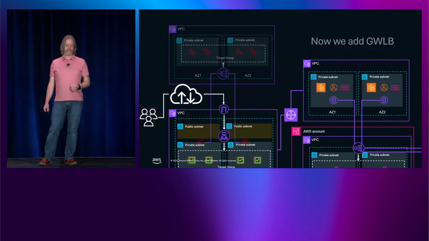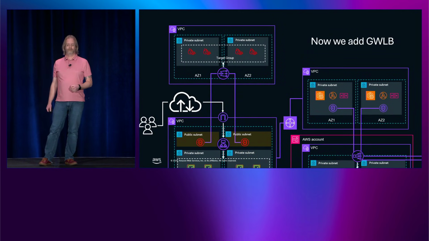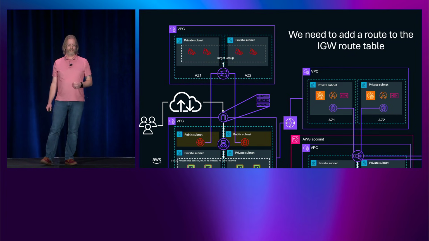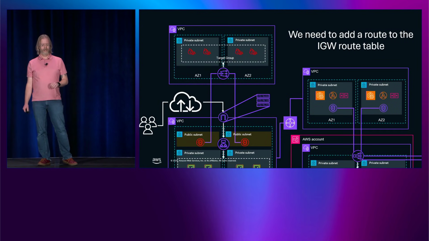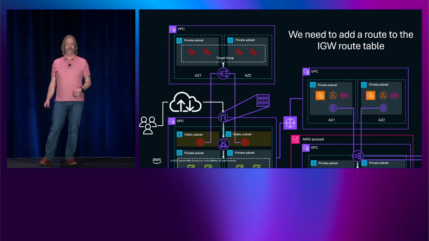And we're going to slot that in right at our public subnets, right in our front door. And in order for that bump in the wire to work, we're going to have to add some routes. We call it ingress routing to our IGW. We're going to basically say if you're going to talk to any of our targets, make sure you go through the Gateway Load Balancer first. That fleet, remember, as Matt had mentioned, has the ability to expand and contract with auto scaling,